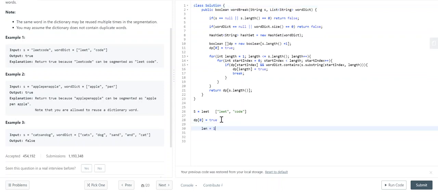So len is equal to 1. Our start index will start from 0, and it will be less than 1, which means you can iterate on the ones. We see dp of start index is true. Yes, of course it is true. And we check whether the word dict is having this particular word. So leet, right,